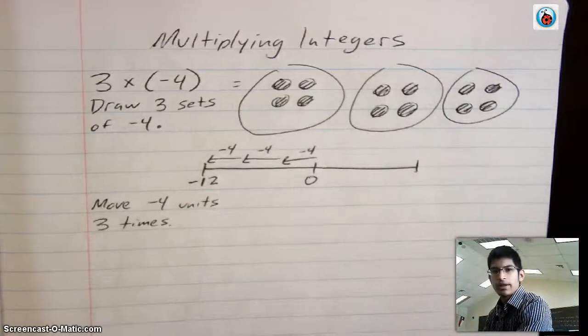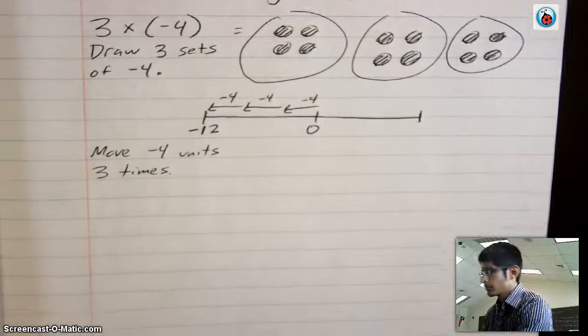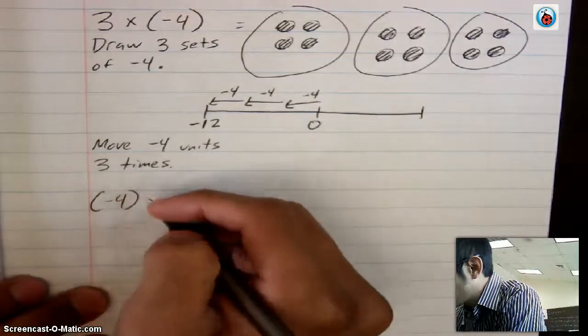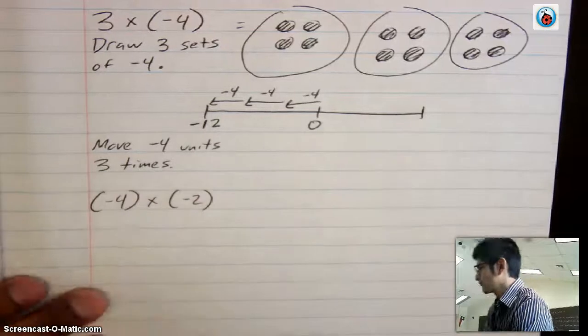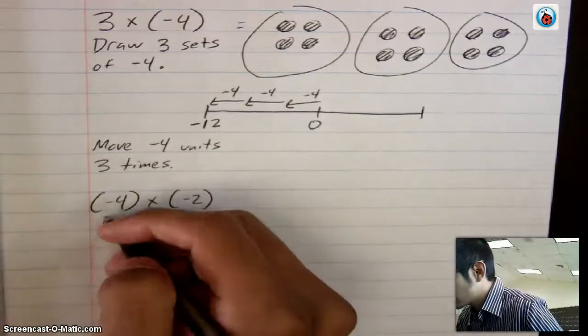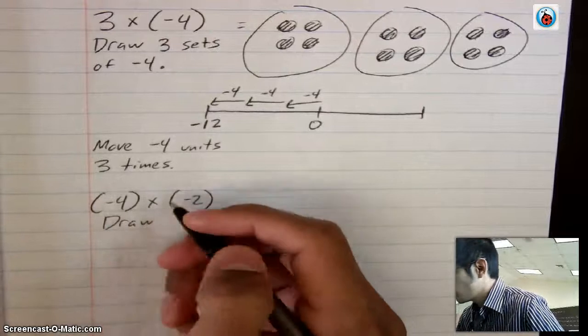Let me show you an example now if we multiply 2 negatives. So let me multiply negative 4 times negative 2. So what this means is that now I'm going to draw 4